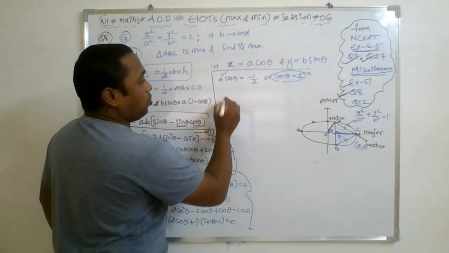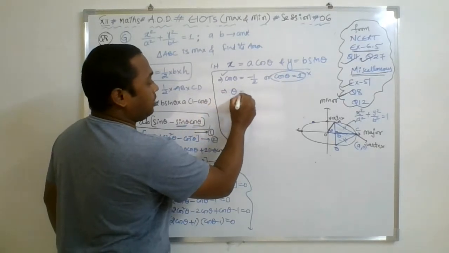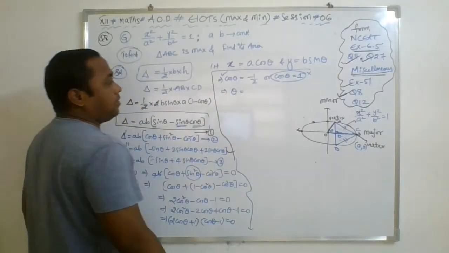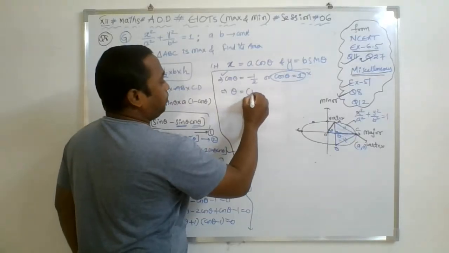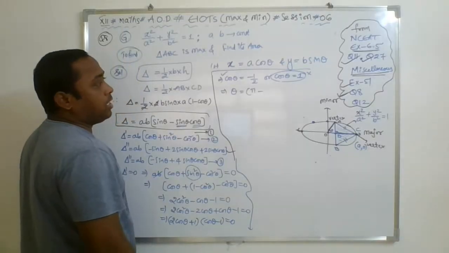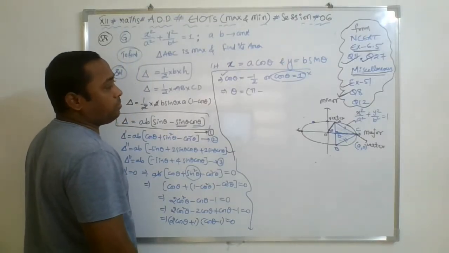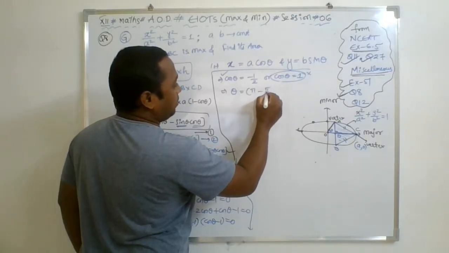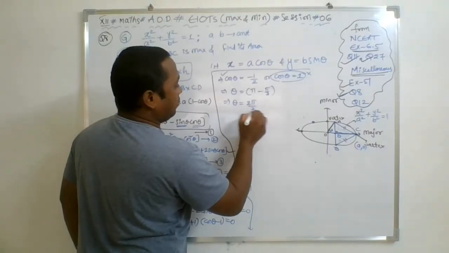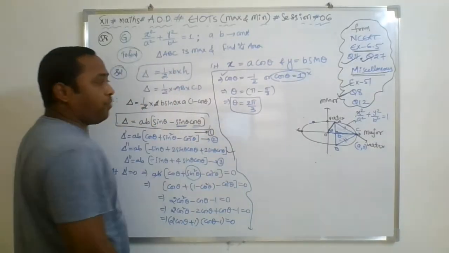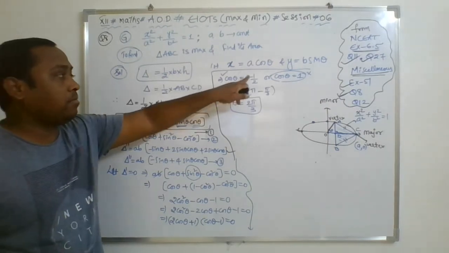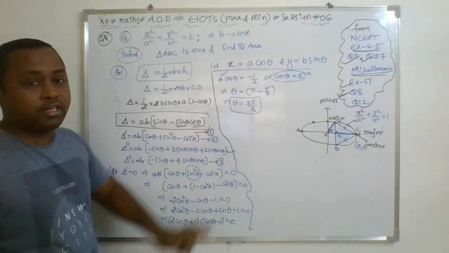If cos theta is equal to minus 1 by 2, it means theta is equal to what? Cos theta is negative, so pi minus, what we called here, 180 minus theta. So the cos theta value is 1 by 2 at 60 degrees, that is pi by 3. Pi minus pi by 3, we can say it is 2 pi by 3. So the required angle at which cos theta value is minus 1 by 2. Now I got one critical point.